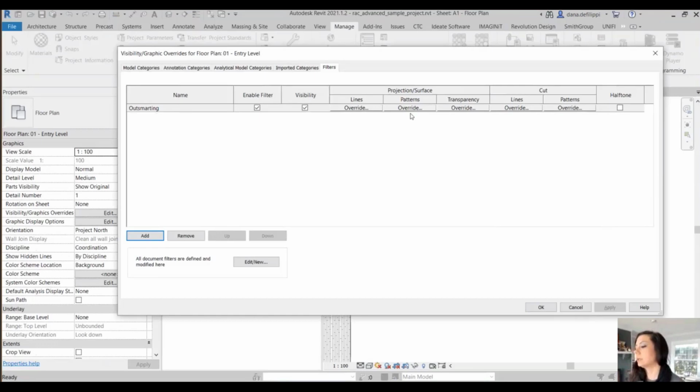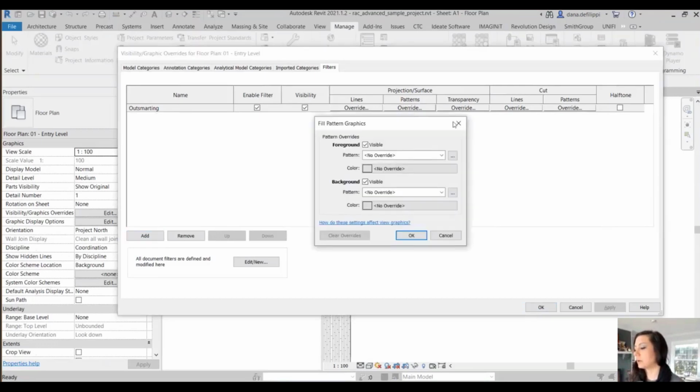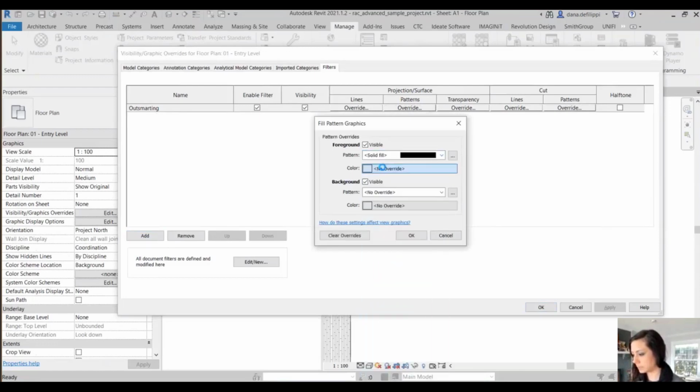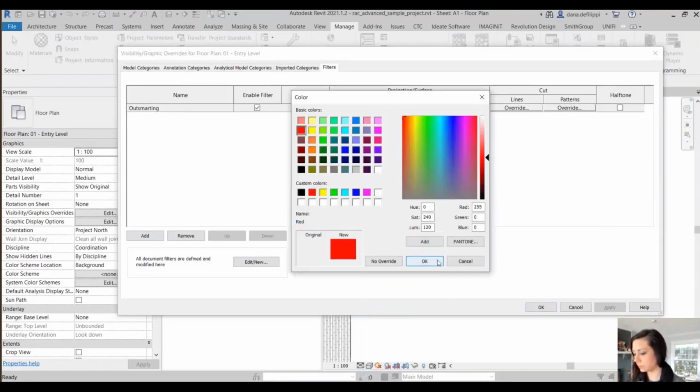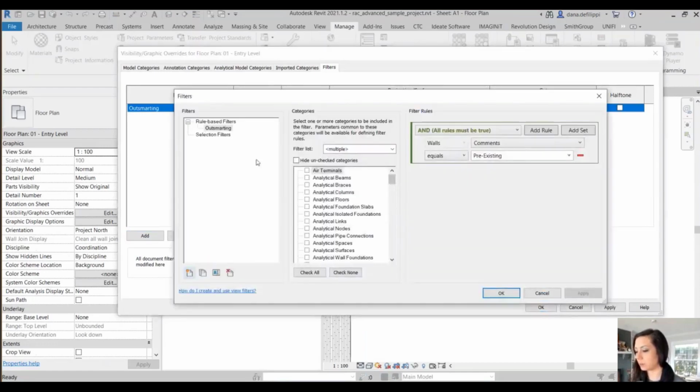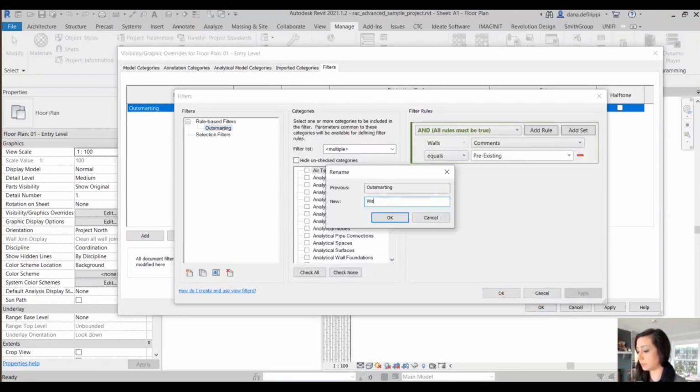So I can come in here and I can change maybe the pattern. Actually, I guess I'd want to do the cut pattern because I'm in a plan, right? To be maybe a solid red. So it's really, really obvious when the pre-existing elements are. And I should probably go ahead and be smart. I'll call this walls phase created comments